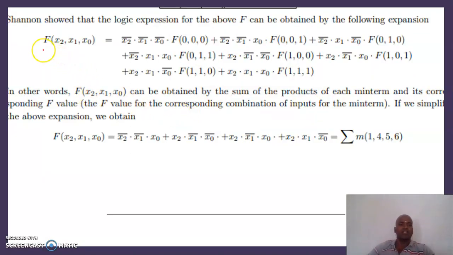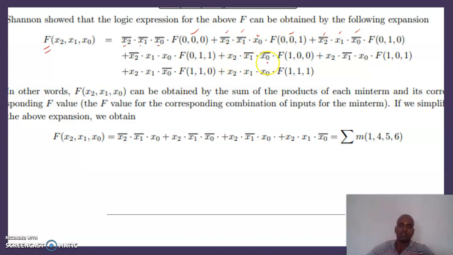First I am going to write the entire truth table in Boolean expression format, f of x2, x1, x0. The first one is 0, 0, 0. Sorry, not all outputs, all inputs are 0. f of 0, 0, 0 means the first combination. So 0, 0, 0 indicates x2 bar, x1 bar, x0 bar because it is in SOP format. Second combination 0, 0, 1. See, 0 means bar, 1 means unbar. Similarly 0, 1, 0 gives bar, unbar, bar. In this way we are going to write all the 8 possible combinations.